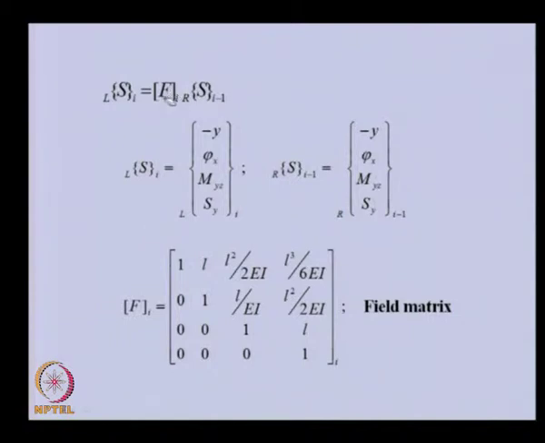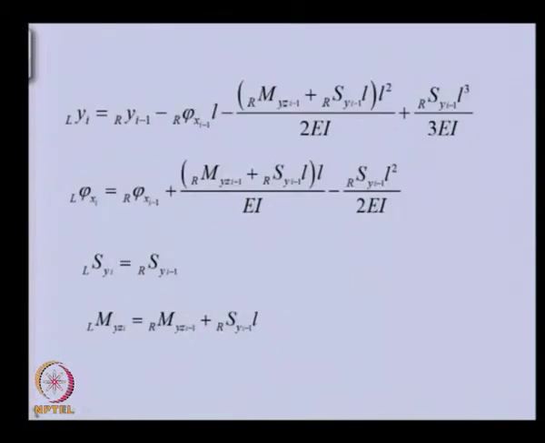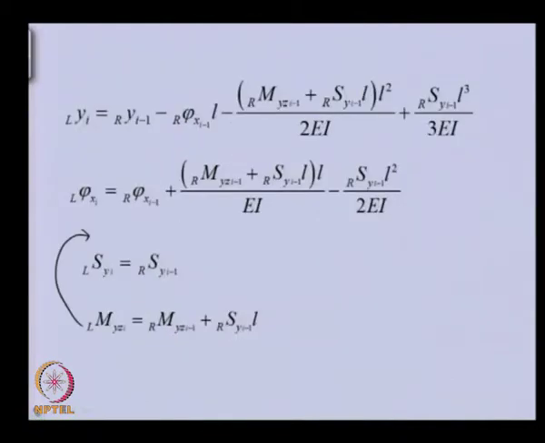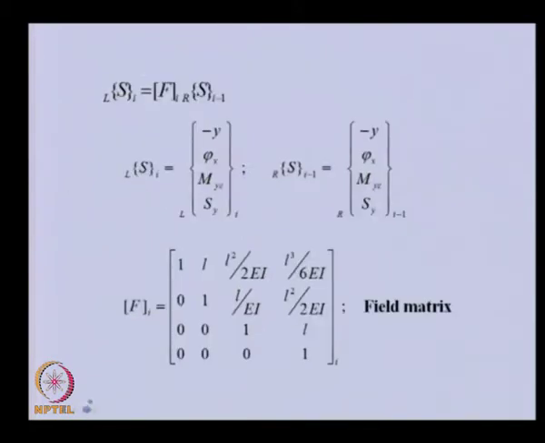Now, if you go back to these 4 equations, you can see these are the vectors which we have arranged. If we put this here, it will be of a similar form. All of these are left of I, and on this side we have the right of I minus 1 components. Similar 4 components are there, that means these components which are right of I minus 1, and whatever coefficients of these are there on the right side, we keep in the field matrix. So, this is the field matrix.